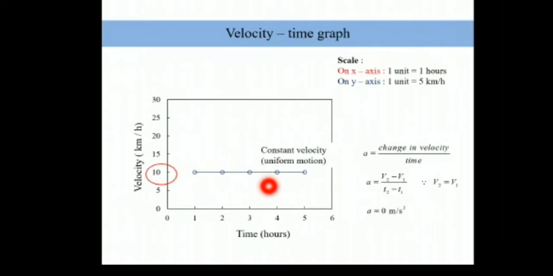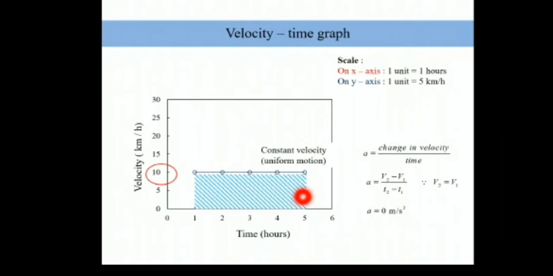Then the second important thing we can find from this graph is the area under the graph. If we draw two straight lines, one from here and one from here, it will become a rectangle. I hope all of you can see this. So the area under this line, if we check it, what is the length of the rectangle? Very sorry. The length of the rectangle is how much? Length is 1 to 5.